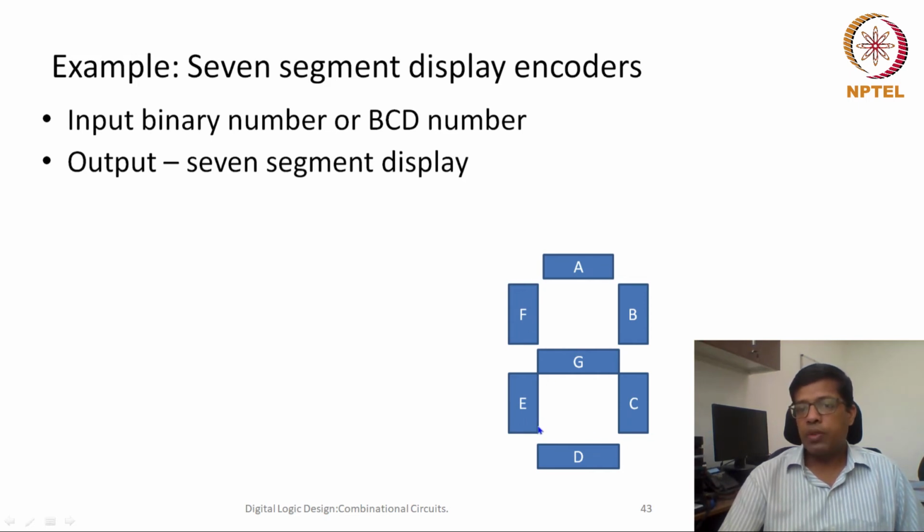In B we will light only F, E, G, C and D. B could also look very similar to 6, but in 6 we will have A also lit or enabled. Similarly we can write C also, we can write D. Because D would again look like 0, D also we write in small, where B, C, G, E and D would all be lit. E also we can write, F also we can write.